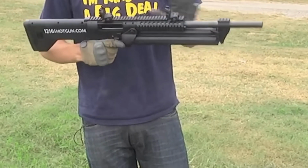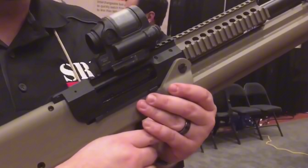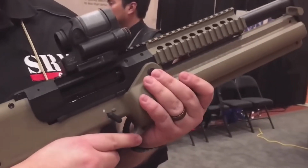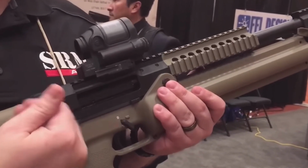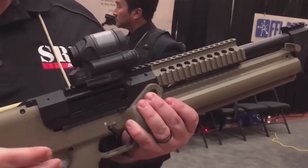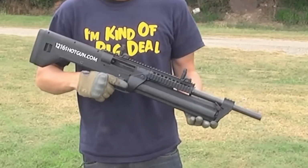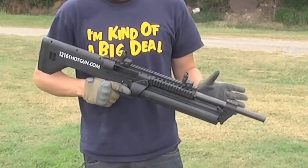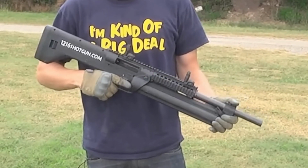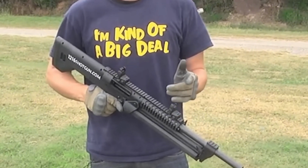At only 33 in long, the SRM 1216 provides a shotgun that's plenty capable for defense. It's 6 inches shorter than a Mossberg 500 with an 18.5 in barrel. The controls on the 1216 are fully reversible to accommodate right and left-handed shooters. These include the bolt handle, bolt stop, ejector plate, and safety lever, as well as the front sling plate,